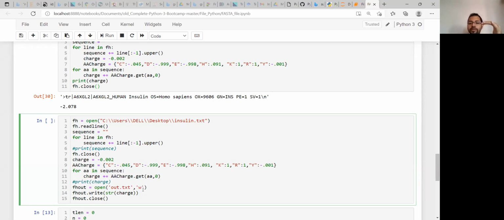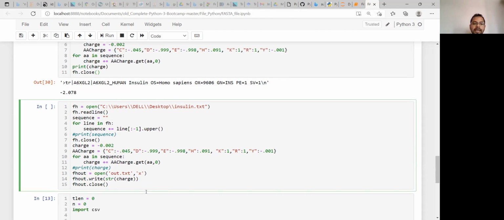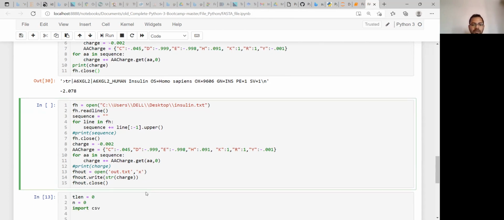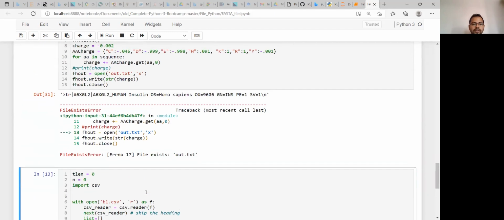You can open it with X mode also. Someone asked me whether we can use X mode. So here you can use X mode, and if the out file is there already, it will not be created. If it is not present, it will be created. Suppose I am trying to use this X. It is showing me that out.txt is already there because I have already run this code.